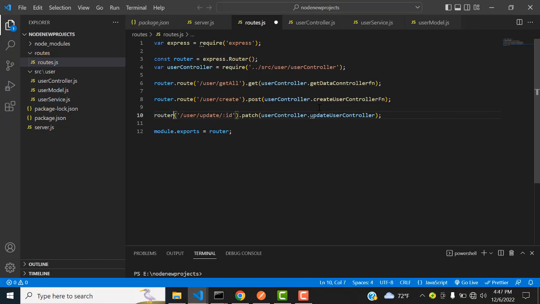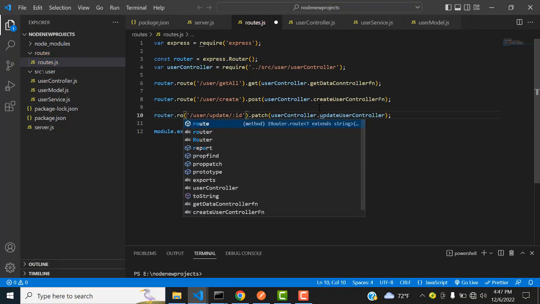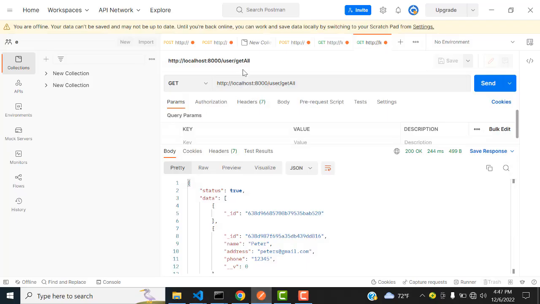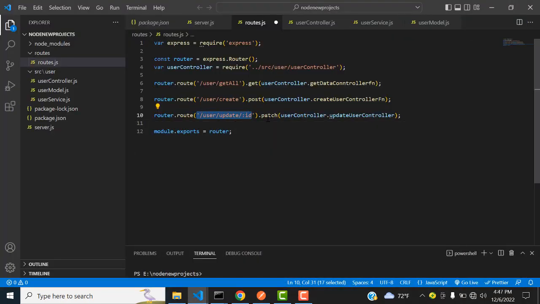Here I already showed you this. Here route. The predefined function is route. So here you have to call the path. When the URL is coming like this, here you can notice that when you get the records, when you view the records, there is a function which